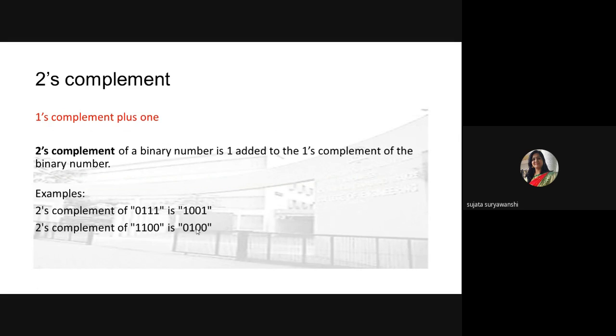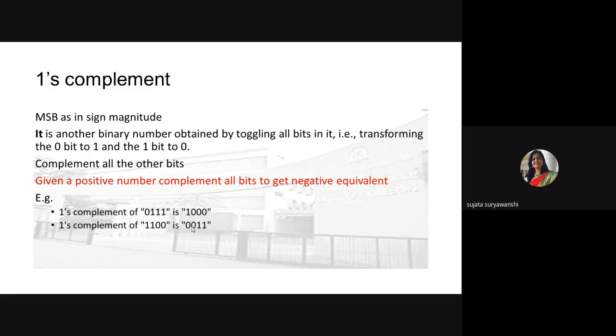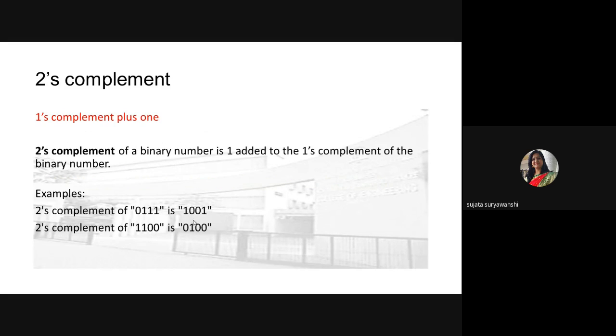Okay. After that, the next one is 2's complement. Can you tell me how to get 2's complement? Yes. Add plus 1. Yes, before adding 1, you need to first find out the 1's complement and then add 1 into the LSB bit of the 1's complement to get the 2's complement. So to get the 2's complement, you have to find the 1's complement and then add 1 into the LSB